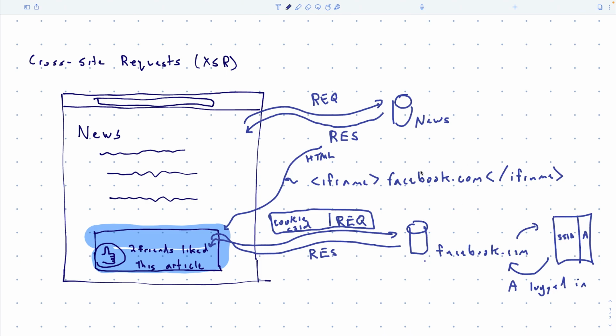So if this iframe literally just went to facebook.com, then Facebook would say, okay, it's an iframe. I know what this is, but I don't know the exact content that the user was looking at, right? I don't know that they were reading this exact article. So it's up to the news organization to usually pass some information in, usually in the URL.